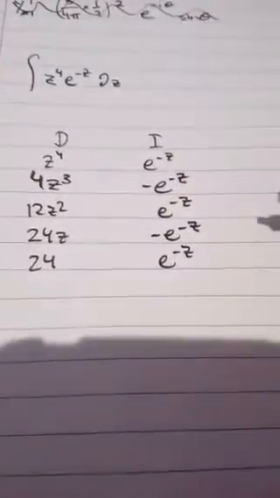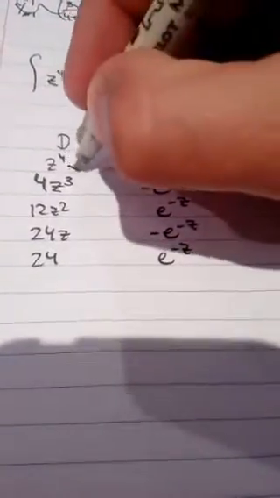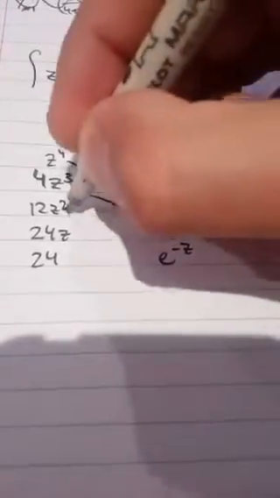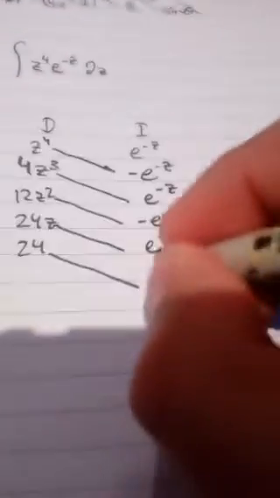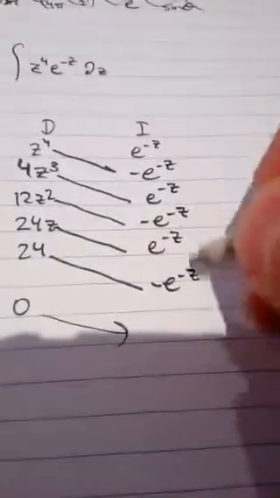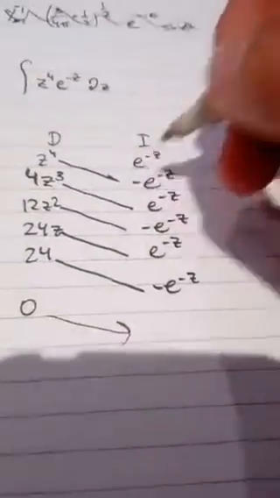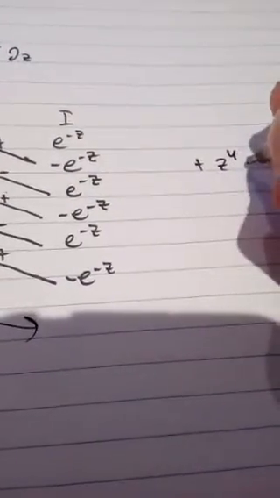All right, then what do we do? Well, we draw a line diagonally down all the way. And the question is, where does this one go? Well, it comes to the same deal: minus e to the minus z, which is the integral of this. And the derivative of that is 0, so that's where it stops. Otherwise, it would have gone on forever because this would just keep oscillating between the negative and the positive. Now what do we do? Well, we put a plus, then a minus, plus, minus, plus. So that means that the answer here is plus z^4 times minus e to the minus z,